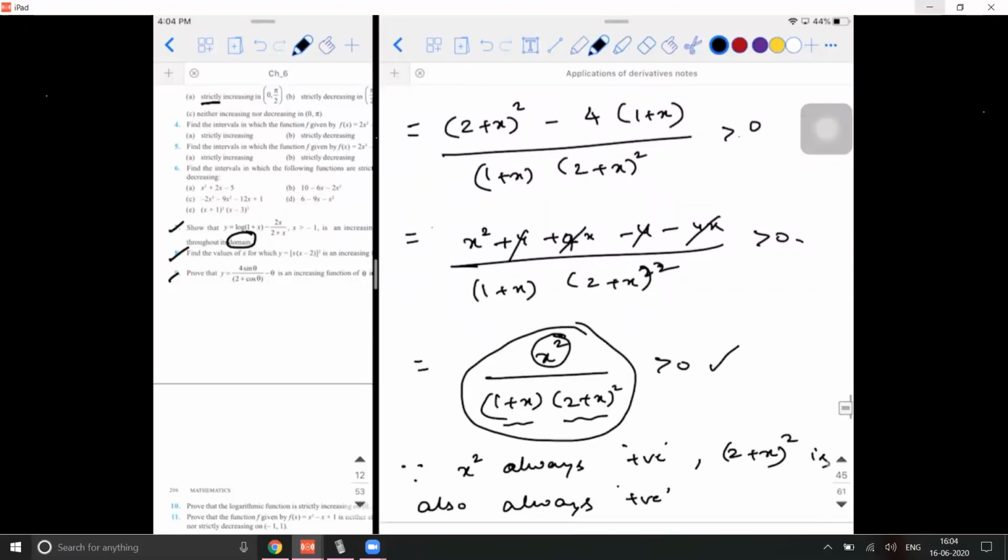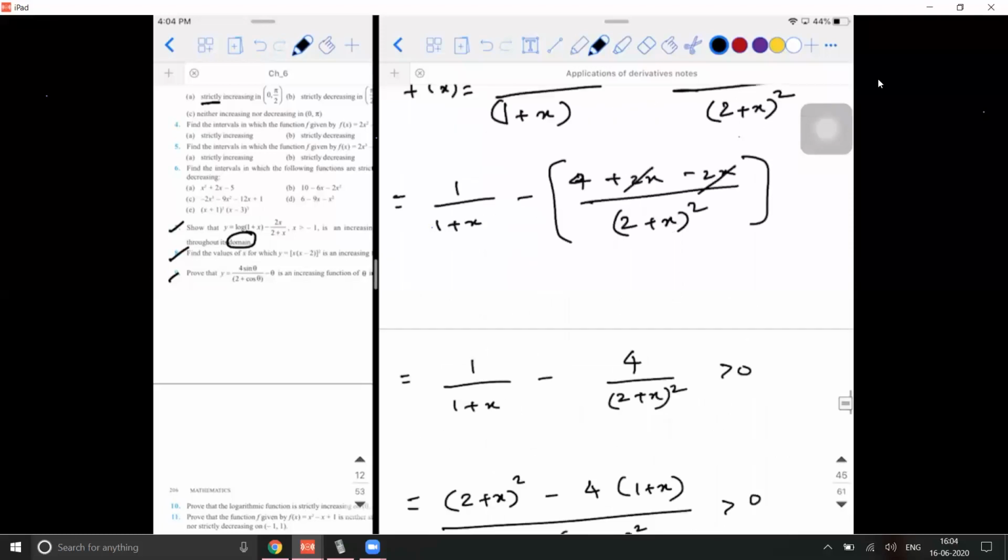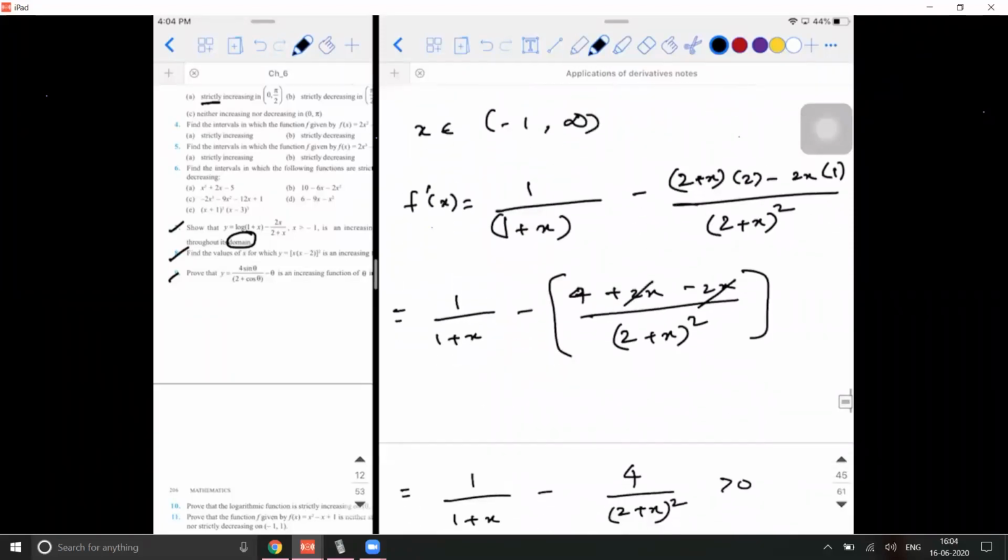Can you scroll up a bit? Sure. Sir, is the answer for strictly increasing minus 1 to 2 union 2 to infinity, and for strictly decreasing, is it minus infinity to minus 1 union 2? That's what I don't have to check. Did you differentiate it? Yes, sir, I tried. Okay, let's see if our answers are matching. I'll do it after this.